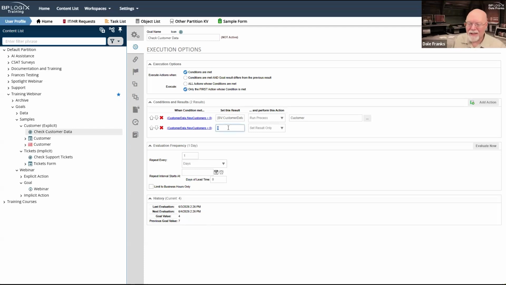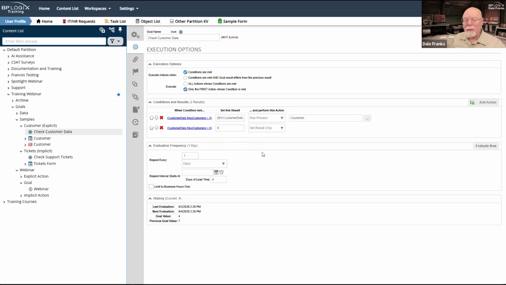Okay, but let's say that both of these were true. And so it would go to this and say, okay, well, it's true. I'm going to do this stuff, and I'm going to set this result to 4 or 7, whatever it may be. And oh, wait a second, the second thing is also true. And this is a different result. This result is 0. Well, that must be the result that I have to set the goal to. And so in this case, my result would be 0. So if both of these were true, I'd come up with a result of 0.